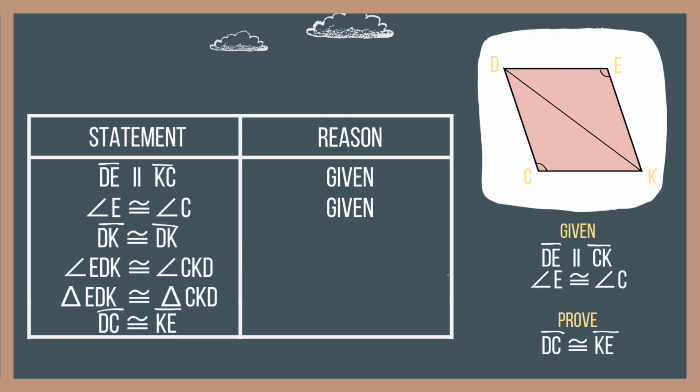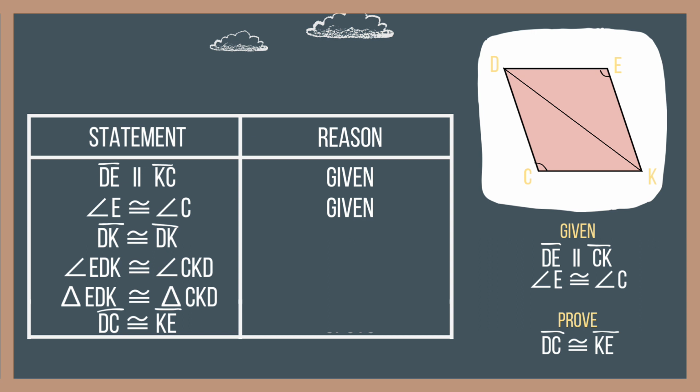In the first and second statement, where line segment DE is parallel to line segment KC and angle E is congruent to angle C, the reason is they are the given. And the third statement, line segment DK is congruent to